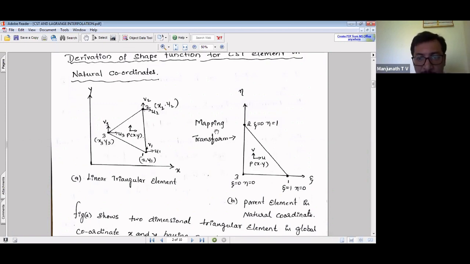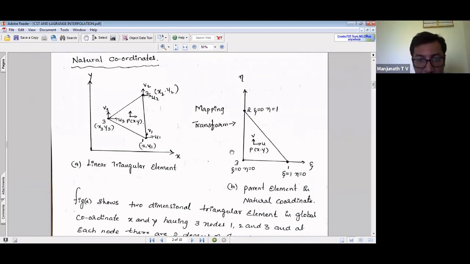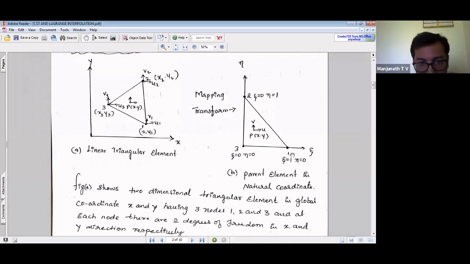As we map or transform into the natural coordinate system, there are some conditions. According to those conditions, the triangular element should be obtained in the natural coordinate system. As we map, there should not be any overlap. Only the nodes are going to be transferred, only mapping. Now this is node number 1. As we map, we get node number 1, node number 2, node number 3, and this one we consider as the origin.